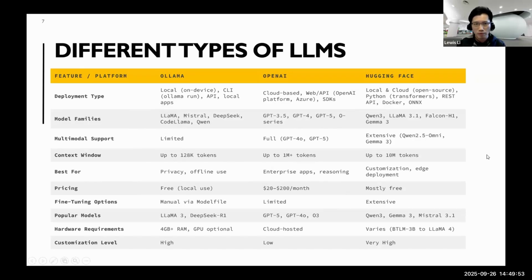So this table gives you different types of LLM. Basically, we have Ollama, we have OpenAI. I think most of you know about OpenAI, and also Hugging Face. These three types of model serve different purposes, and are also different in nature. For example, the Ollama model will mostly be developed locally, deployed locally, and also